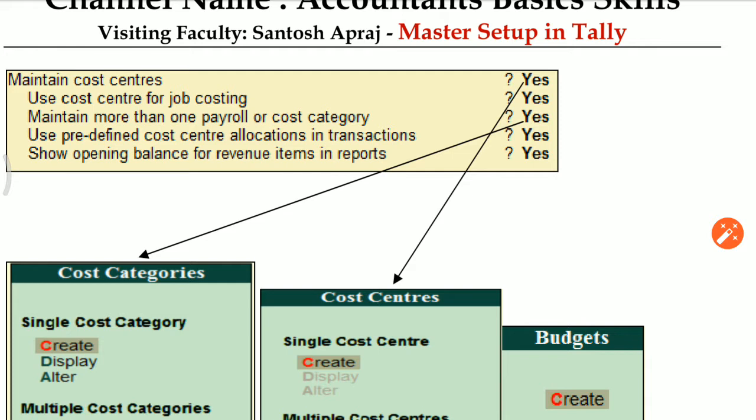This option will be activated when, for example, you are booking any telephone exchange payment entry. You select the payment voucher, and in the case of debit you type telephone exchange expenses, immediately the cost center screen will appear on screen. You have to select the branch name and allocate the billing amount. Clear? That is the importance of the cost center. I have already informed you in a previous lecture. The cost center means you want to identify cost department wise or branch wise.